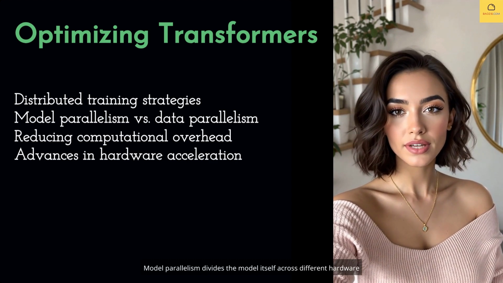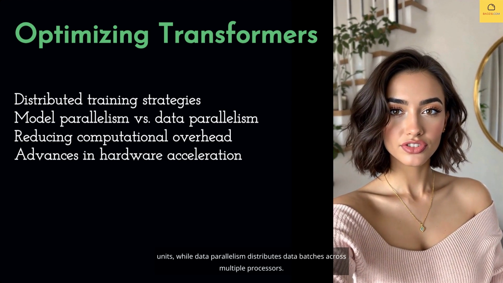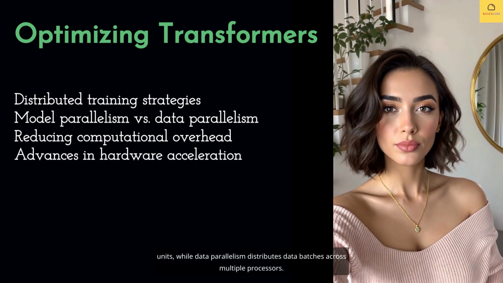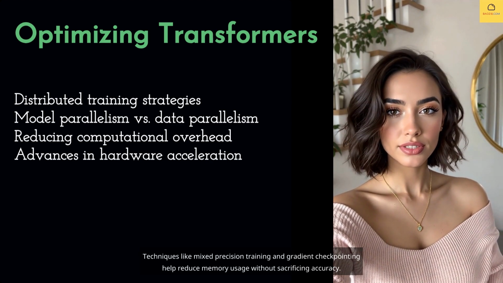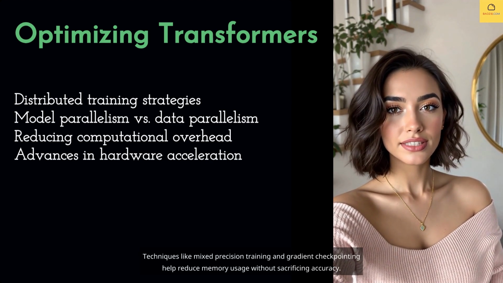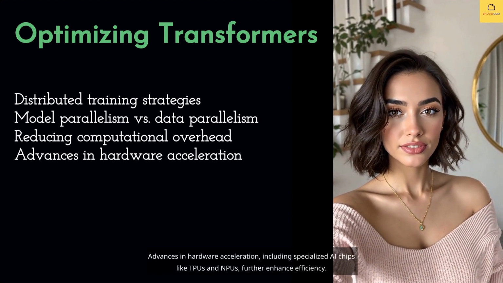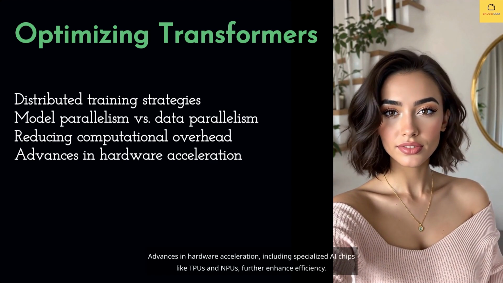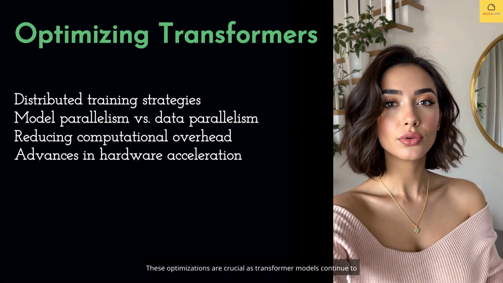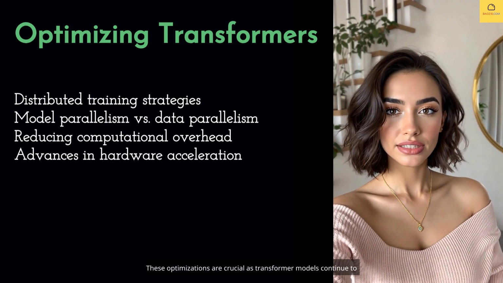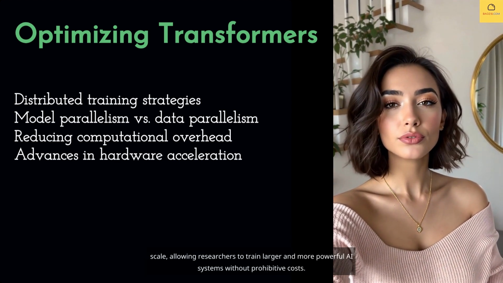Model parallelism divides the model itself across different hardware units, while data parallelism distributes data batches across multiple processors. Techniques like mixed precision training and gradient checkpointing help reduce memory usage without sacrificing accuracy. Advances in hardware acceleration, including specialized AI chips like TPUs and NPUs, further enhance efficiency. These optimizations are crucial as transformer models continue to scale, allowing researchers to train larger and more powerful AI systems